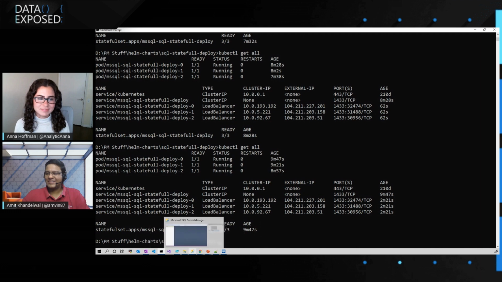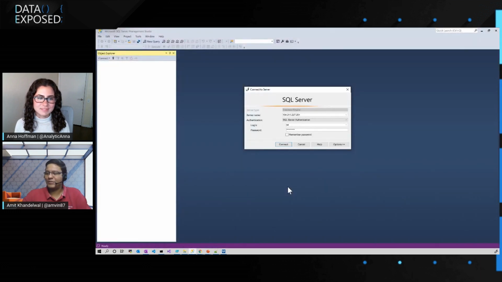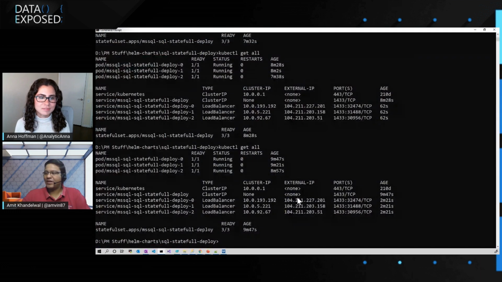All right, Anna. So look, we just made a small mistake there, because what we were trying to connect to is the cluster IP address, and that's not going to work, because that only works for internal connectivity. If I want to connect as a user or as a DBA to my SQL Server instance, I need to use the external IP.